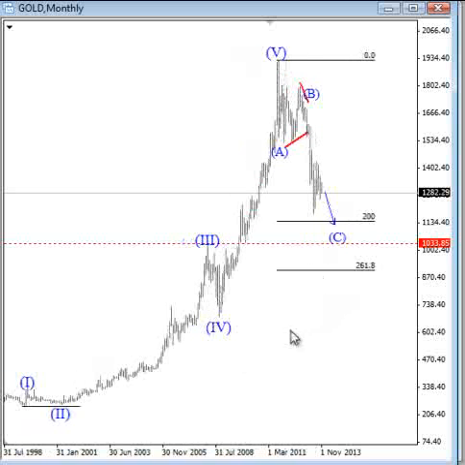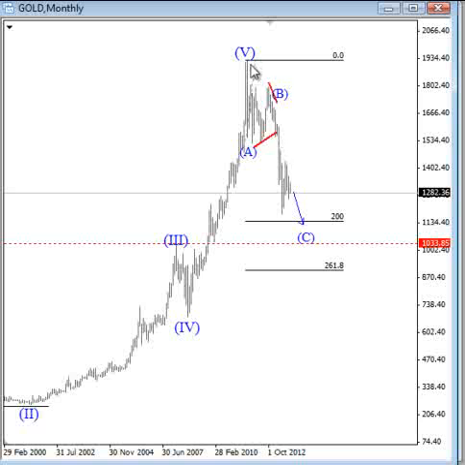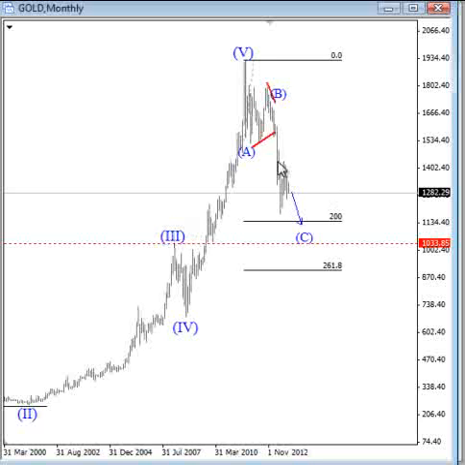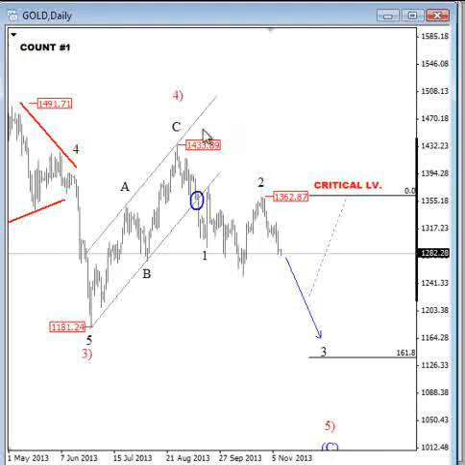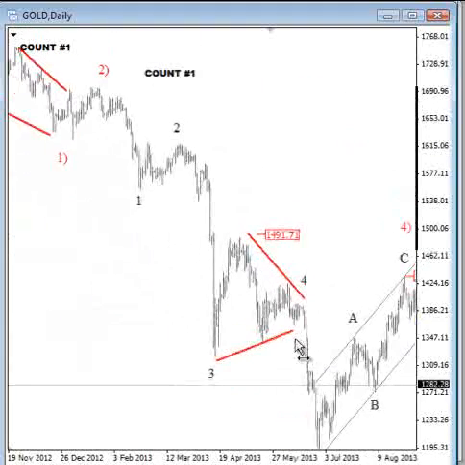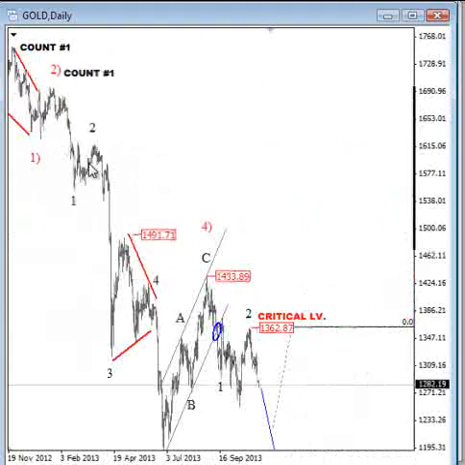Usually when an extended 5th wave occurs, you will typically see a retracement back to the start point of wave 4 and not the end point of wave 4, okay. But in either case, I think that we will see more weakness on gold, possibly a test of this psychological level around $1,000. And the reason, of course, is also this daily chart, where I can see an incomplete